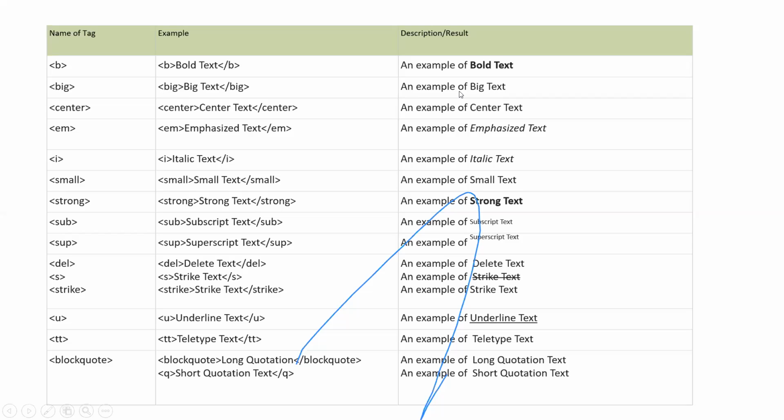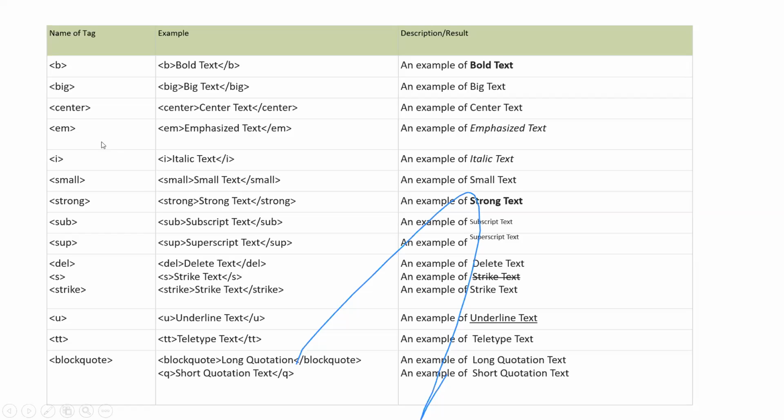That is an example of big text. Next, center. Whatever information you have written in the paragraph that you want to keep in the center of the page, you use this center tag. By using the center tag, your text appears on the output screen in the center.